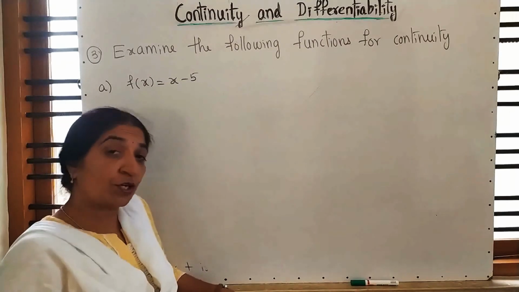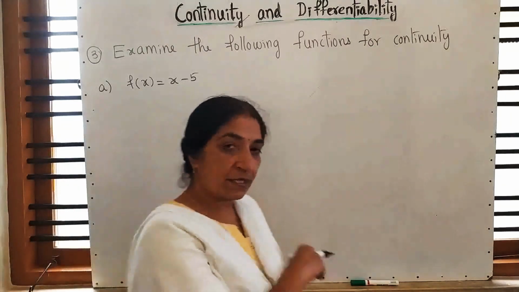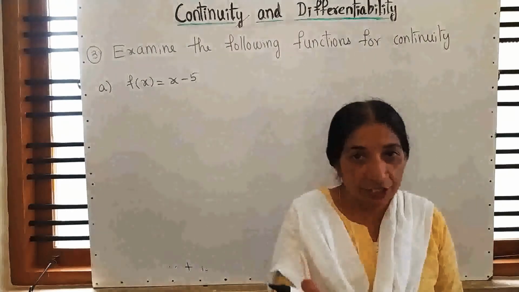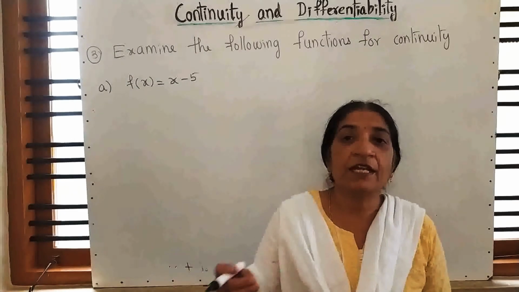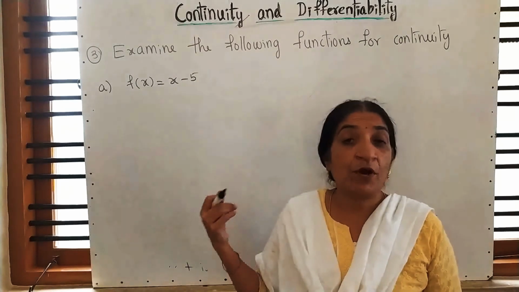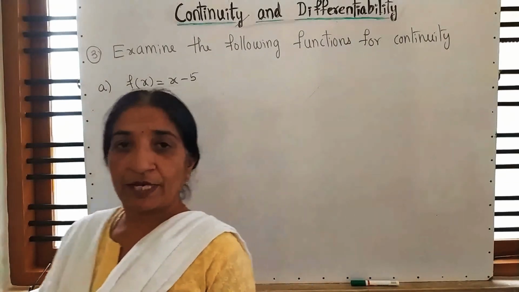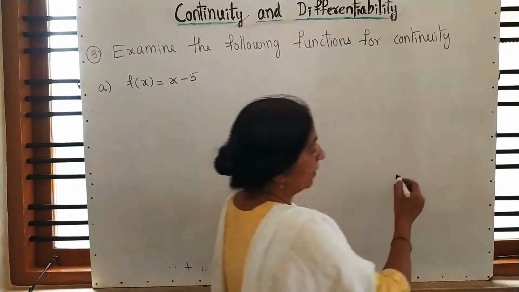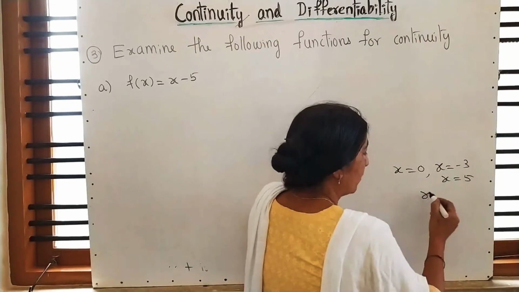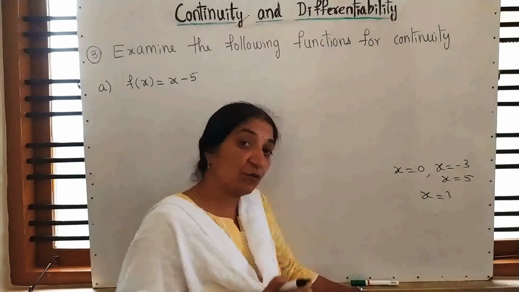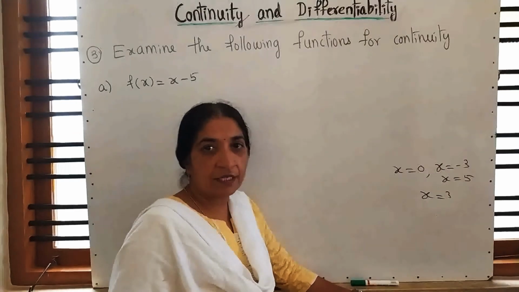See one thing, what you are observing in problems 1 and 2 and in the third one. Go back and see. In the first problem, one function is given and then they are asking at a particular point and you are checking at that point. But what about here? The point is not given. Understood? So that's why it is interesting. In the previous two examples, they are asking at x is equal to 0, at x is equal to minus 3, at x is equal to 5, at x is equal to 3. Like this, they have given you the points. Understood? But here the point is not given.